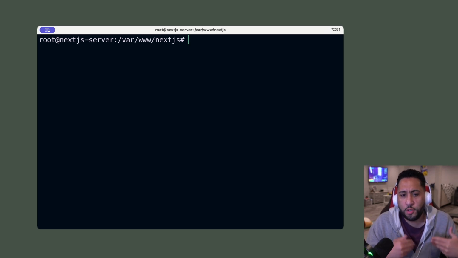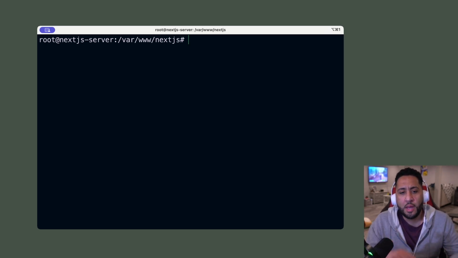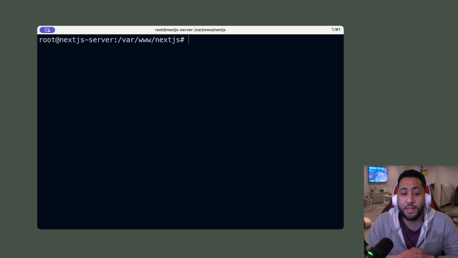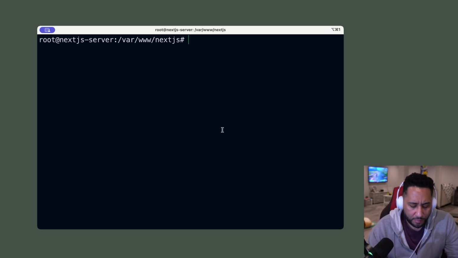It's very common if you're going to run any website, even a PHP website, inside of a server, you need to do this step. The configuration file is a little different depending on the website, but for Next.js, I have the config file in my gist. I'm going to show you that as well. But for now, we're going to create the config file for NGINX to direct it to where the app exists, okay? That exists at